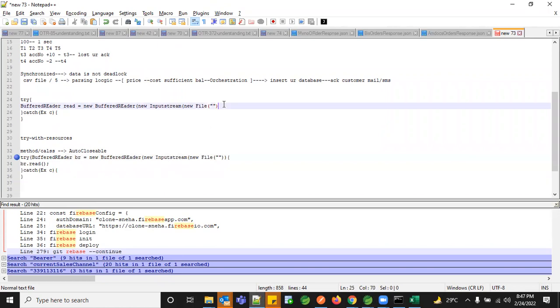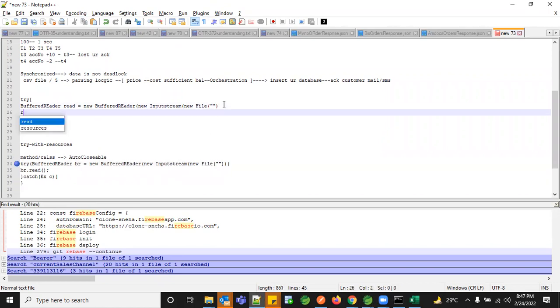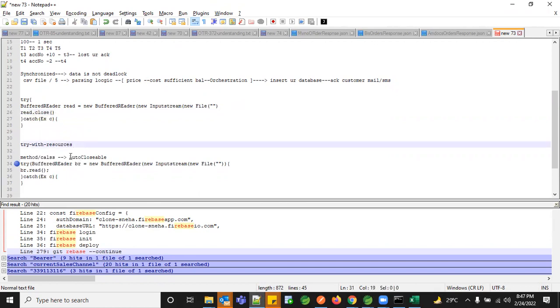So what do we do after doing the entire transaction? We would call read dot close, an additional method that would not be required going forward. Since you are using this AutoCloseable interface, it will take care of closing those resources. So all your memory management will be taken care of. Any questions here on the AutoCloseable interface? Is it clear? Yeah, it's clear.